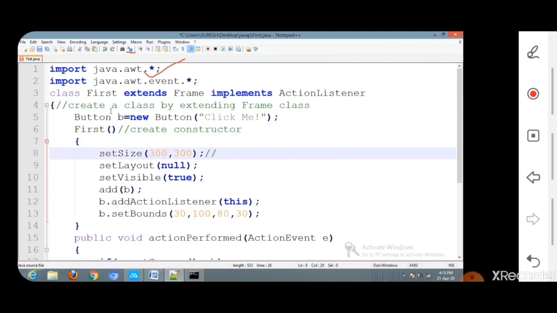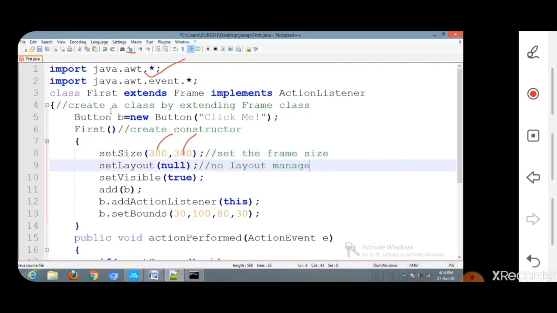So set the frame size using the setSize method, which contains two parameters, the height and width of the frame. Then setLayout(null) means no layout manager is used here. setVisible(true).